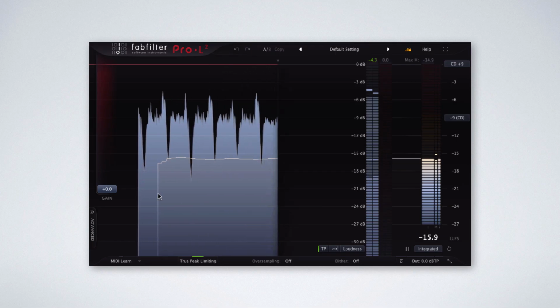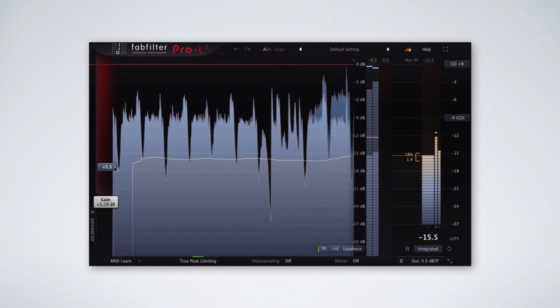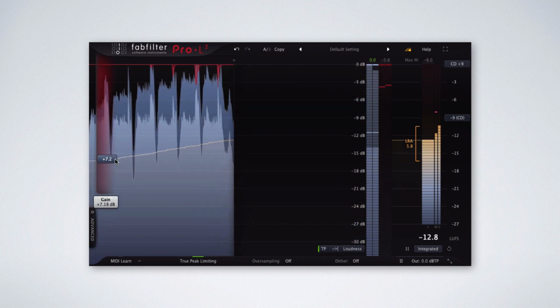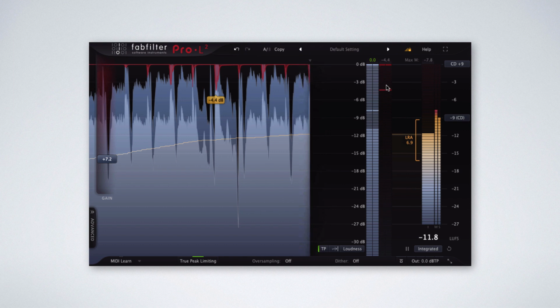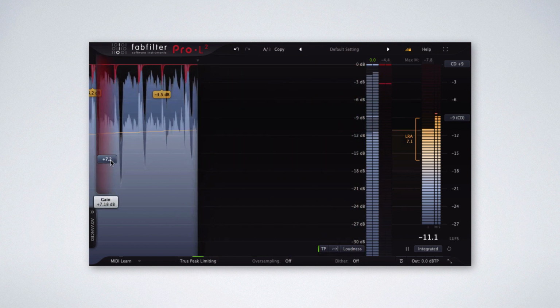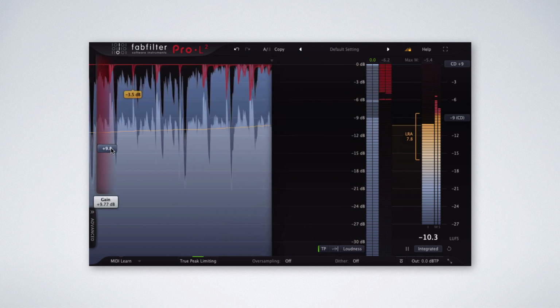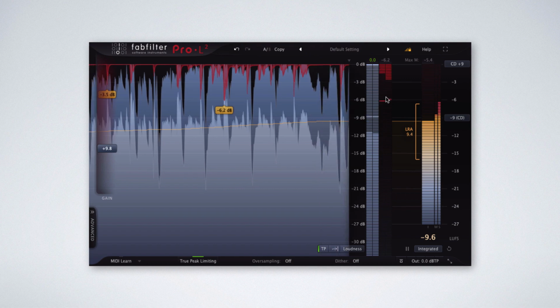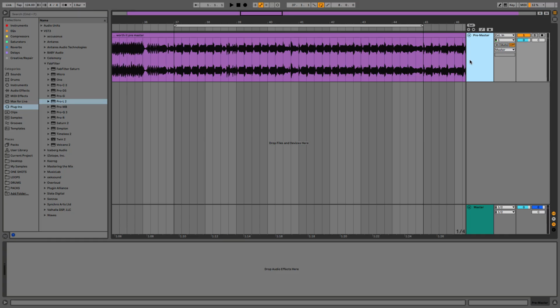They're rather simple devices. You increase the gain of the signal entering the limiter, which makes the signal louder, and when the signal breaches the limiter's threshold level, the signal gets compressed. The harder you drive the signal into the threshold, the more the signal gets compressed, and the smaller the dynamic range becomes. With a mixed song loaded onto an audio track in your DAW, apply the Pro-L to your master